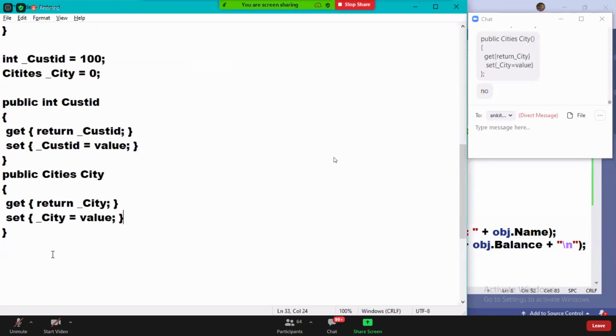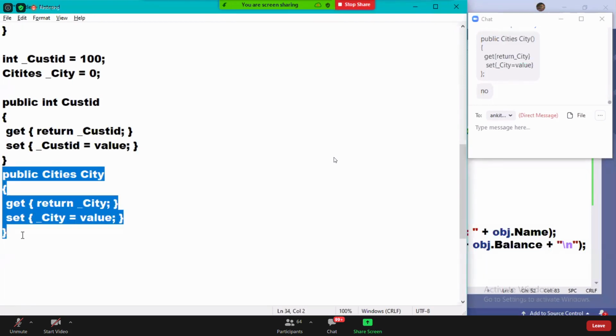Guys, you defined a property right now called City, right? What is the type of the property? Cities. Cities is the type of the property. And what is Cities? Enum. It's an enum. And basically, we call this property an enumerated property.